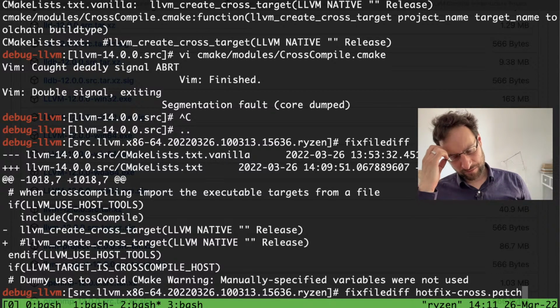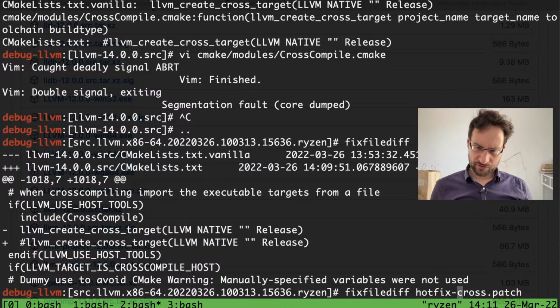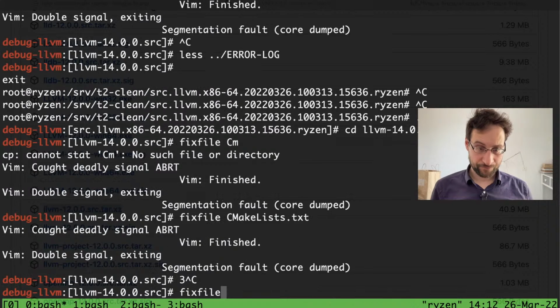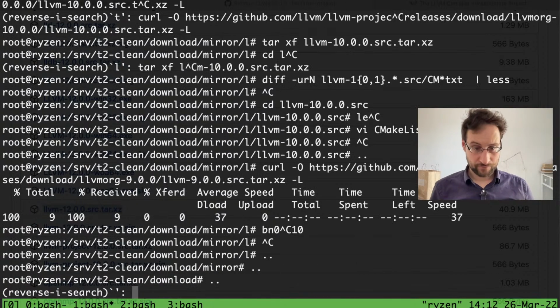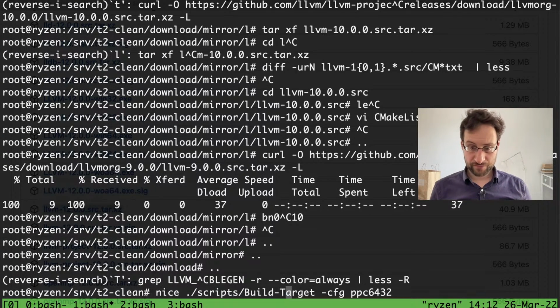Should data delete that, or maybe not? Maybe data should not delete that. I don't know. What do they call it? Use source tools. Something like that. Let's see what happens. I have the feeling this will not just work.